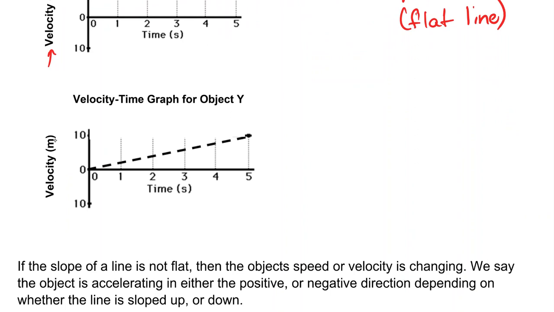So again, velocity in meters per second. That's my bad. So let's take a look at the velocity time graph for object Y. At the beginning, it starts out with a velocity of 0. What does a velocity of 0 mean to you? If it has a velocity of 0, that means it's not moving, and if it's not moving, it's got to be at rest. So at time equals 0 seconds,